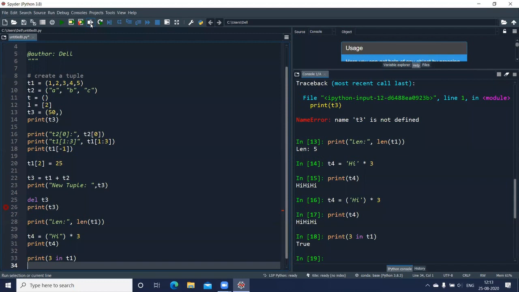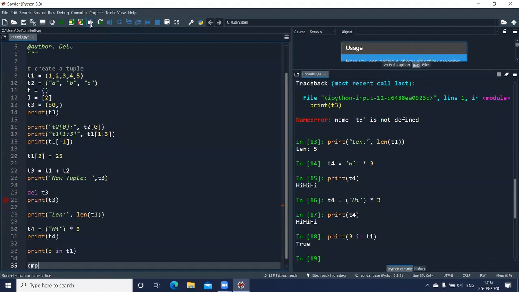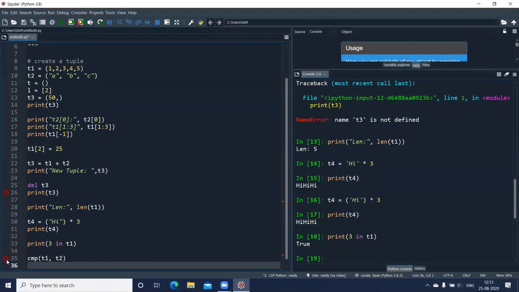One more function is available in tuple whenever we want to compare two tuples. There is a function called CMP, which is also available in list, but it is available for a lower version of Python. It is not supported anymore in the higher versions. If I use CMP T1, comma T2, it generates an error. As soon as I type, you can see undefined name CMP.